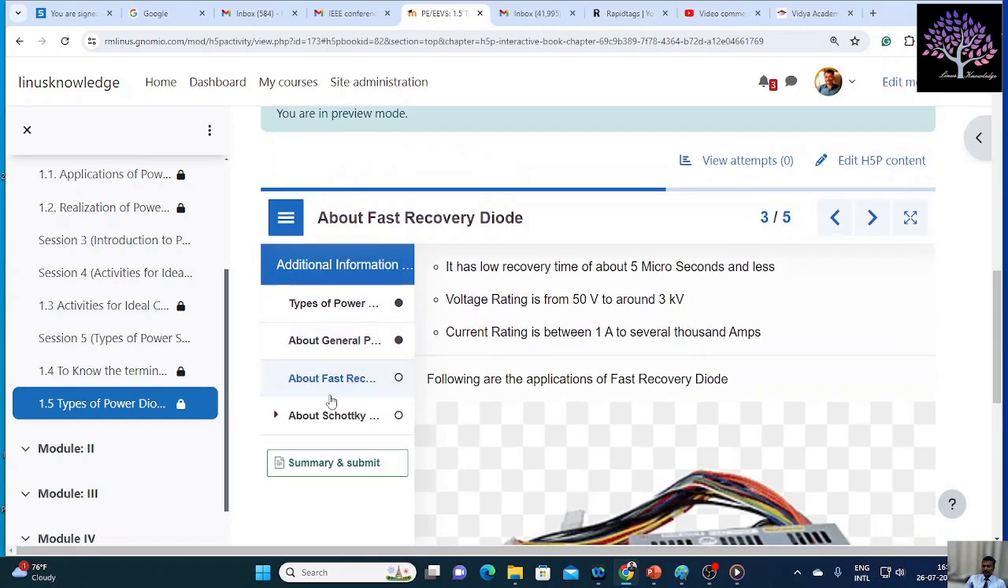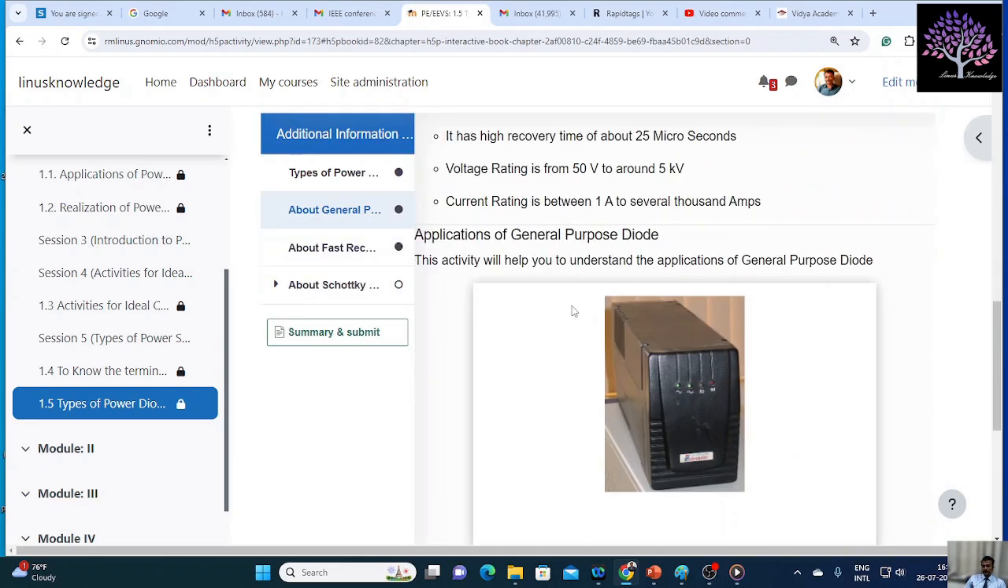That means again we are coming to the fast recovery diode. The fast recovery diode has a low recovery time of about 5 microseconds and less. The recovery time is very less. So voltage rating is from 50 volts to around 3 kilovolts. Current rating is between 1 amp to several thousand amps. So previous cases, if you see,